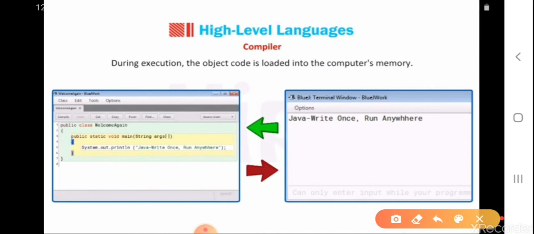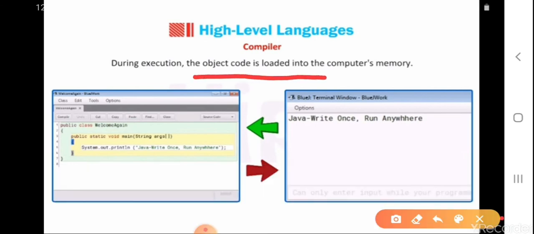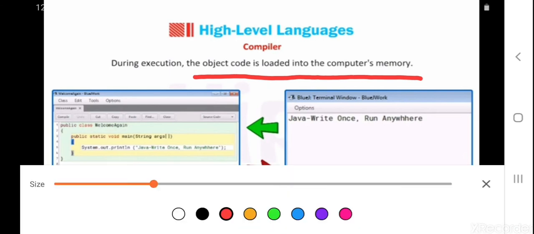It is the high level language code which has been transformed into machine language code by the compiler or interpreter. During the execution, the object code is loaded into the computer's memory, and the computer understands this object code only.